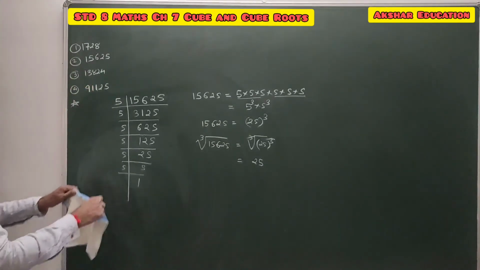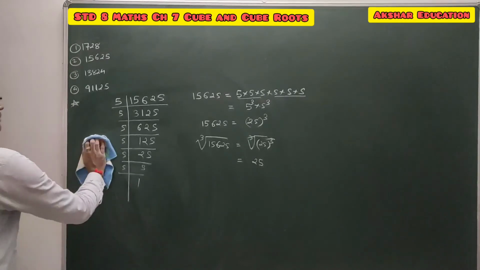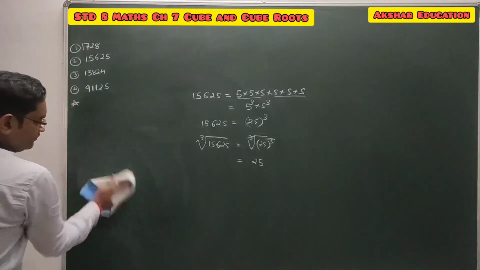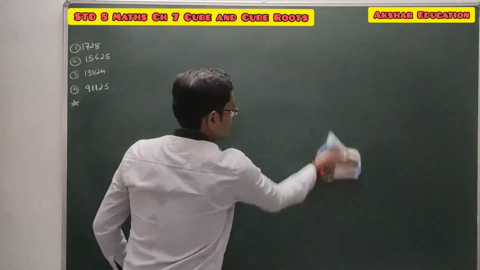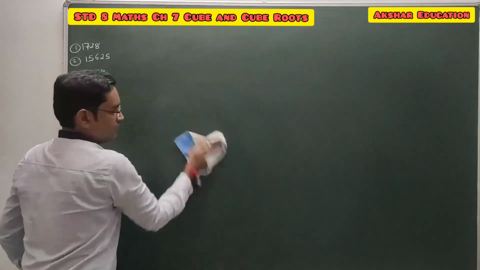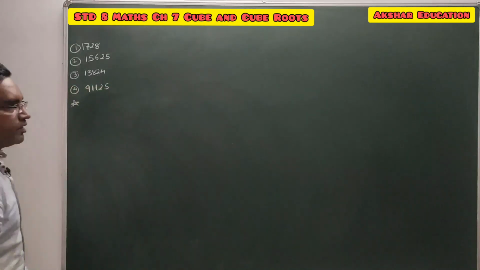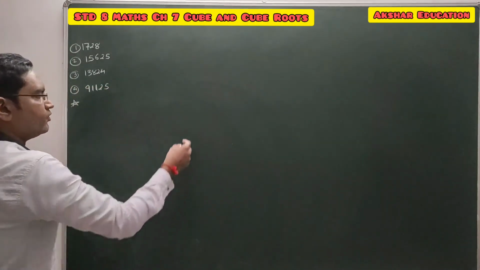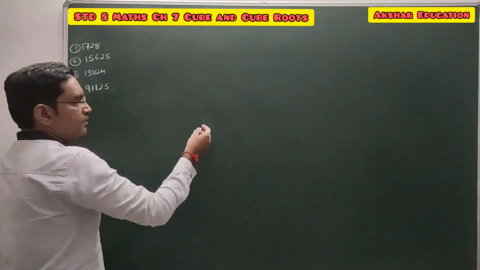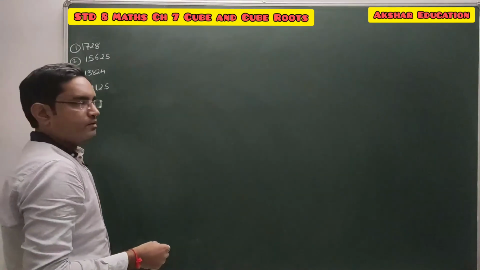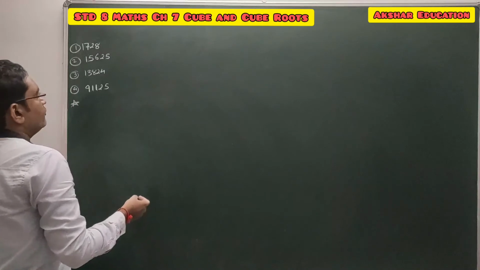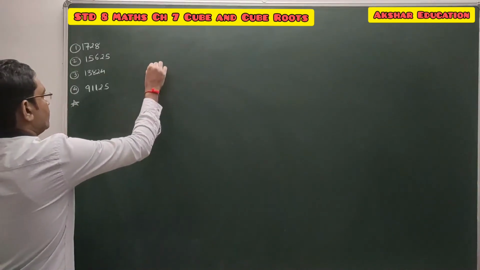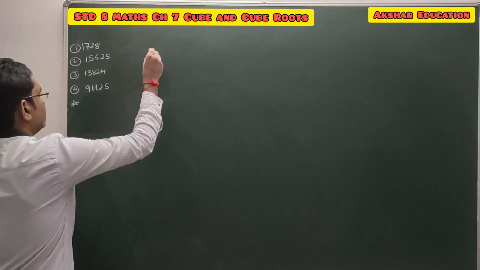Now students, question number 3. This is very similar to finding the square root of a given number. For the square root of a given number, we are making the group of two factors and we are writing power 2. Here you have to make the factors in a group of 3. Now question number 3. Find the cube root of